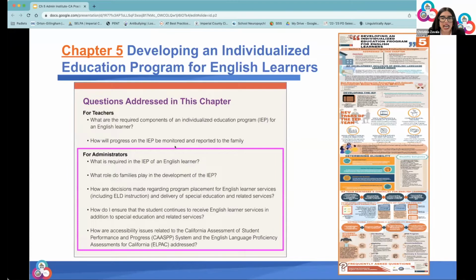Again, each chapter of the Practitioner's Guide focuses on questions to be covered within the chapter. Today, again, we are looking at the questions that help support administrators in how they provide services to English learners at their sites. The quick questions that I'll cover for today are what is there for administrators to consider, what is required in an IEP of an English learner, what role do families play in the development of the IEP, and how are decisions